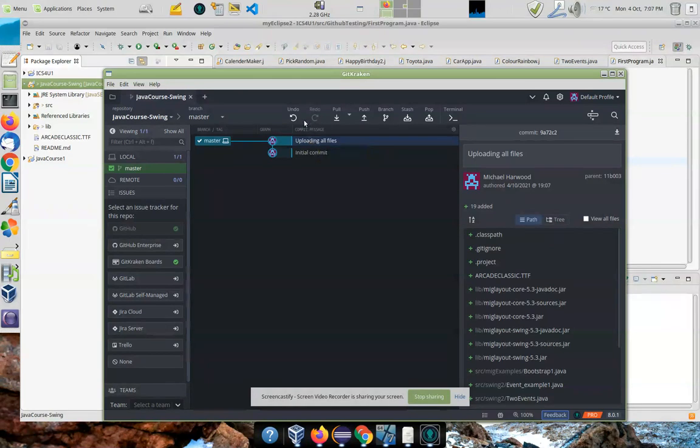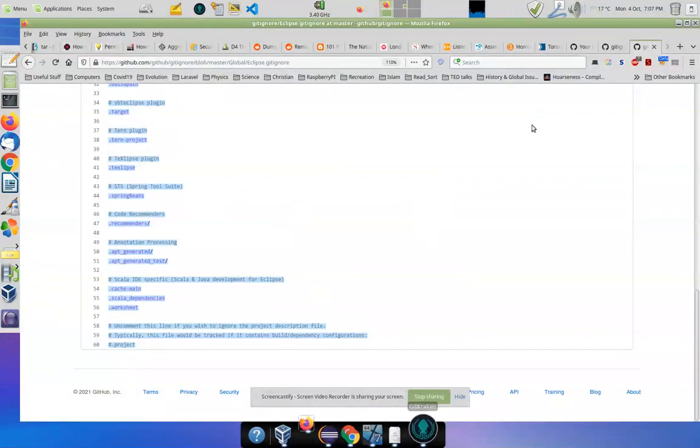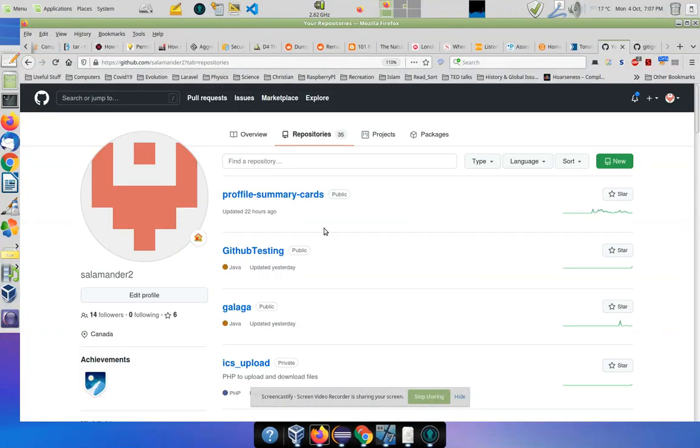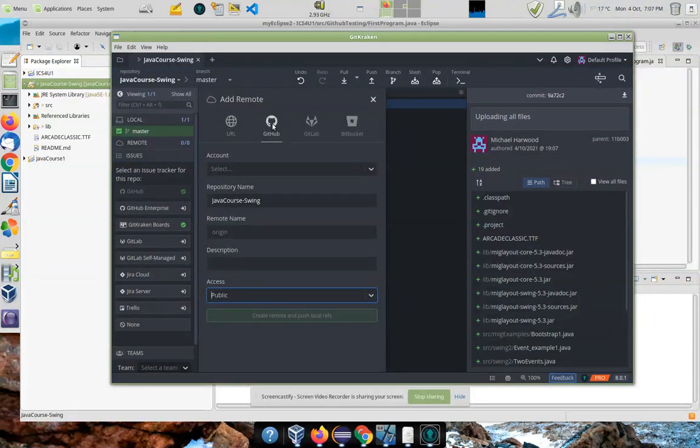This is a little hard to explain, but we'll figure it out as we go along. What I want to do is push this to my GitHub. My GitHub does not have this repo. So I'm going to hit push. And it says there's no remote. I'm going to say yes. It's going to GitHub. I'm using my username. And I'm going to say for description,